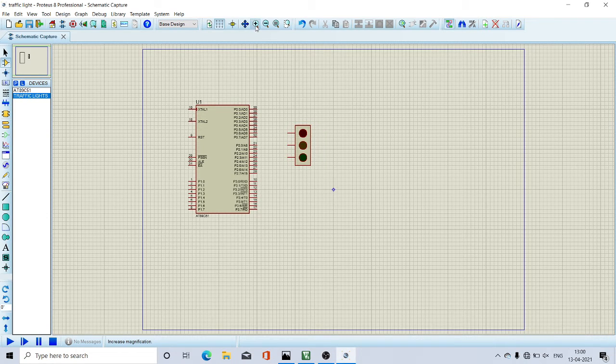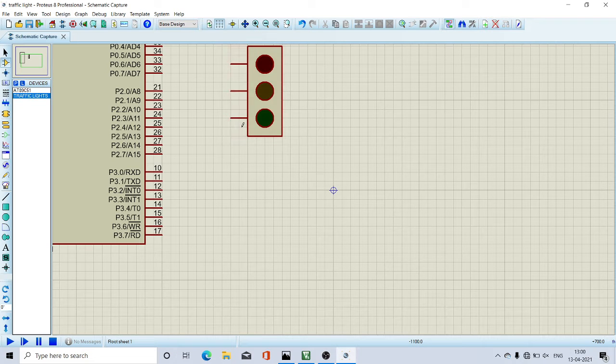I'm maximizing for visibility and I'm connecting this 2.0 pin with red color, 2.1 pin with yellow and 2.2 pin with green. So 2.0 pin is connected to red, 2.1 pin is connected to yellow, and 2.2 pin is connected to green.